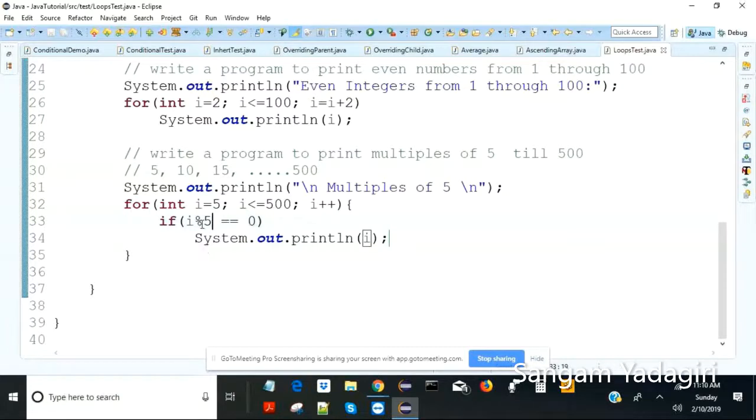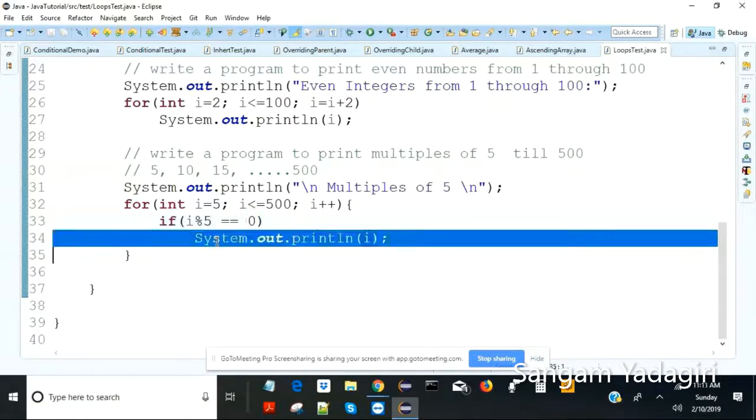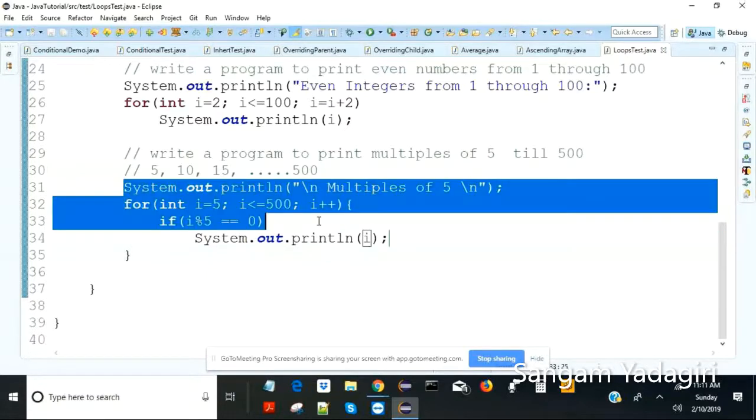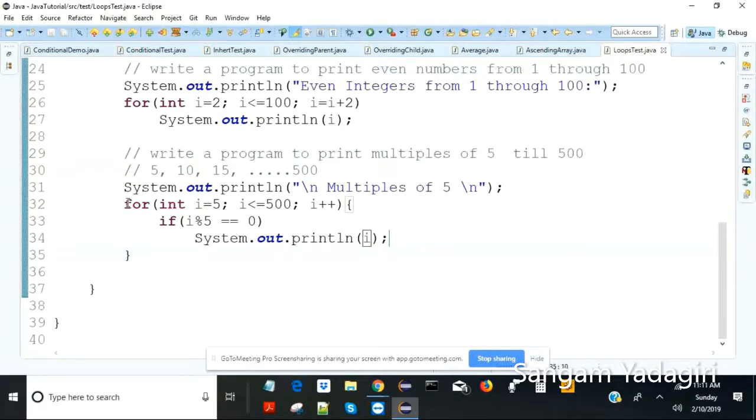6 divided by 5 results in remainder 1. So this condition is not satisfied. So 6 modulo 5 equals 1. Then this equals 0 condition is not satisfied. When it's not satisfied, it won't print it. It will again come out of the if condition and go to the for loop. Then I is equal to 7, correct? So likewise, it will check and it will print only when the remainder is 0. It will not print if the remainder is not 0. Simple as that. So this example illustrates the combination of for loop and if condition,